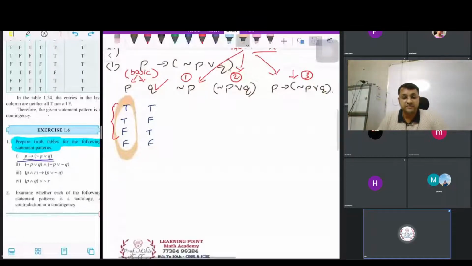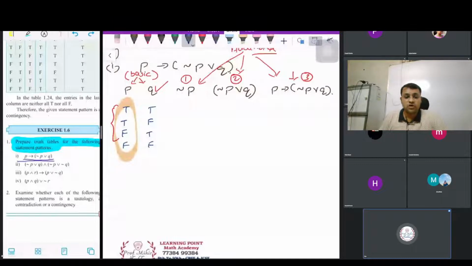I want the first one as negation of T, which is F. The second value in the P column is T, therefore the negation of T is again F. For the next, it is going to be in the same manner, true for the third as well as true for the fourth. So for the next column guys, I have to now focus over here